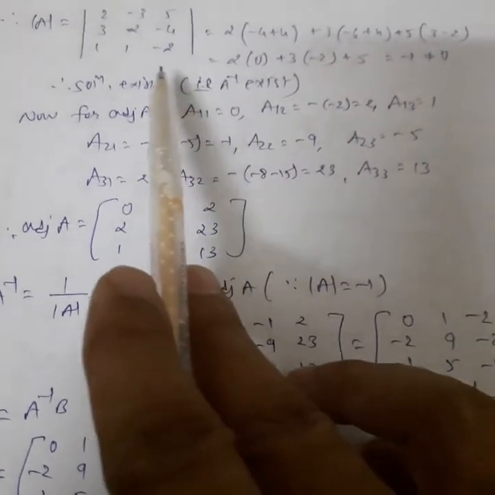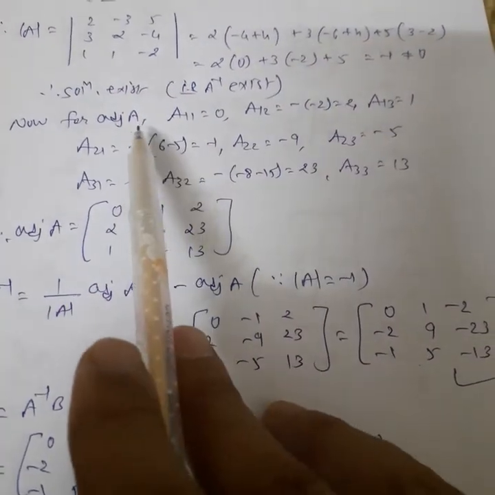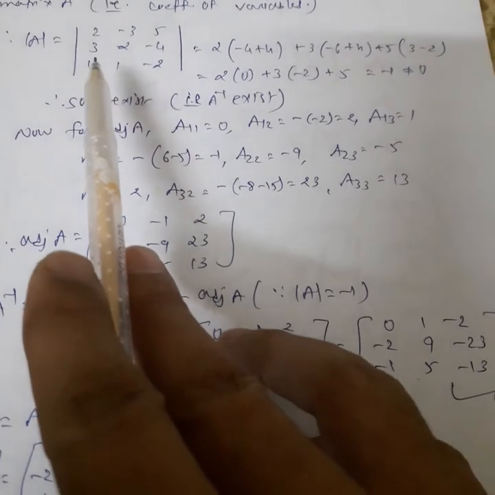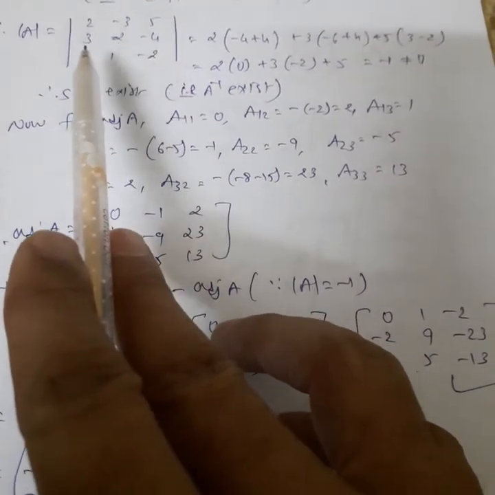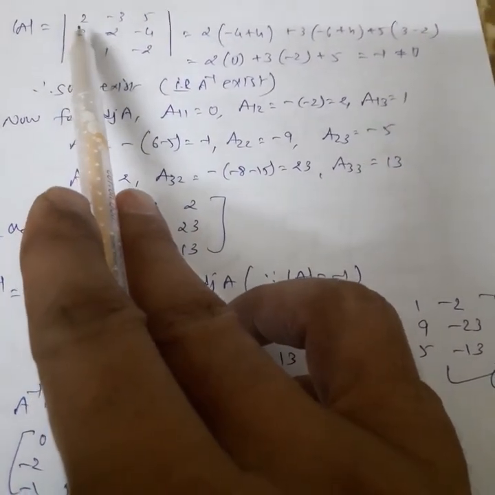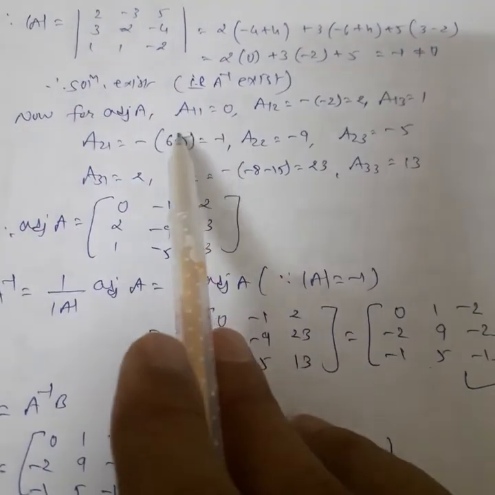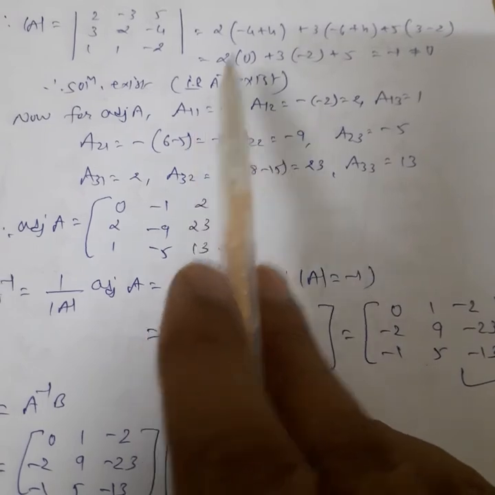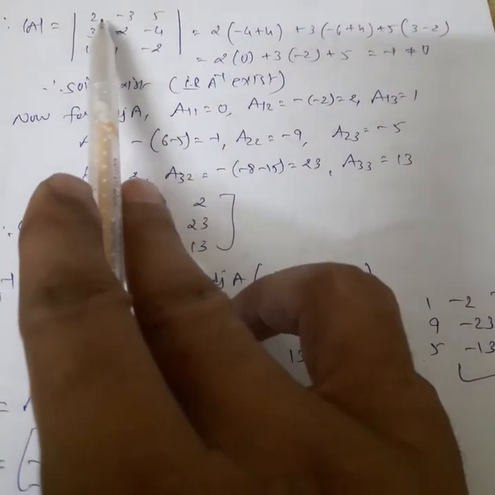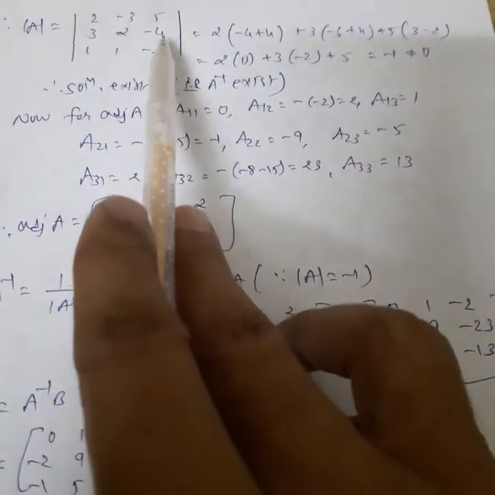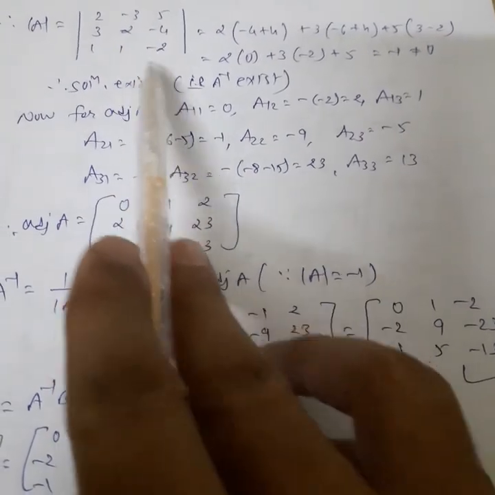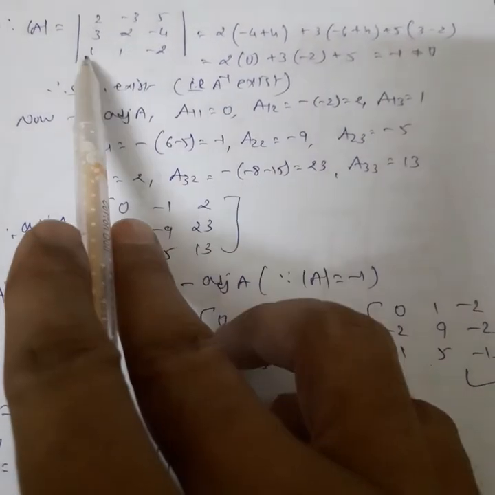So to find the inverse of a matrix, here we have to find the adjoint of a matrix. For the adjoint of a matrix, we have to find the cofactors. So we find the cofactor of the first element, that is 2. It is the element of first row and first column. So 1 plus 1 is 2, minus 1 squared is positive. By hiding the first row and first column, we take the expansion of the remaining entries, then it will be minus 4 plus 4, that is 0. So the cofactor of 2 is 0.